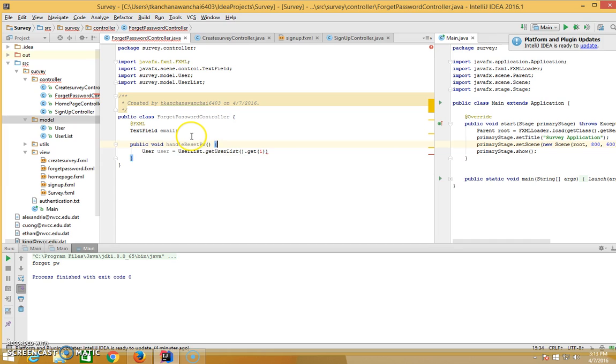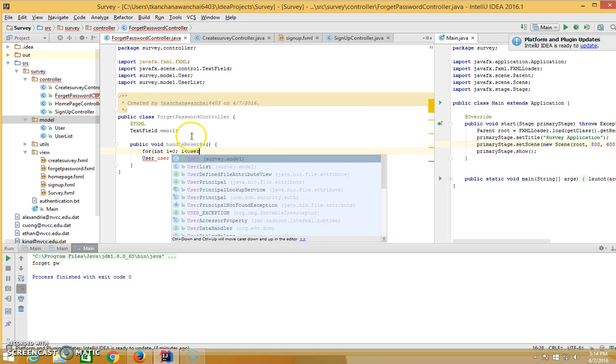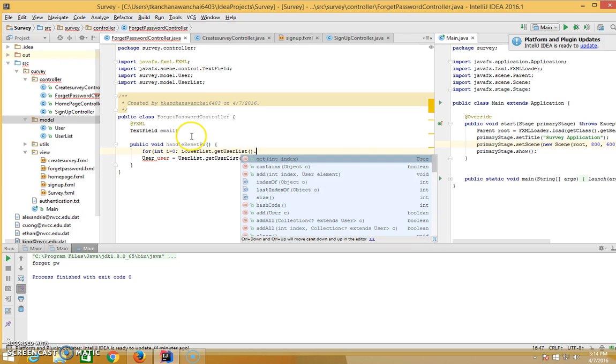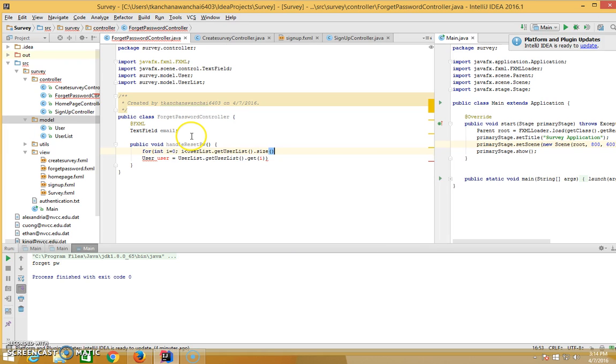And we have to write a loop: for int i equals 0, i less than the userList dot getUserList dot size, then i plus plus. So we start to loop, start to get each user, and then we want to